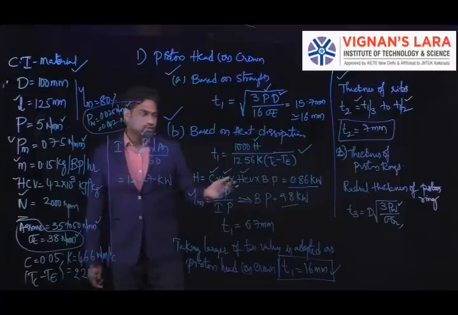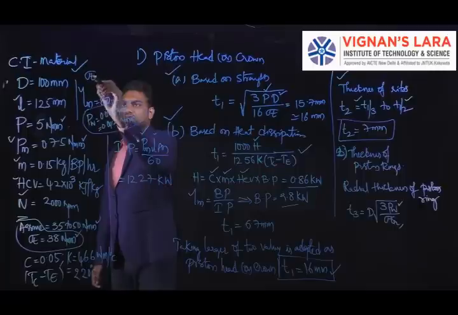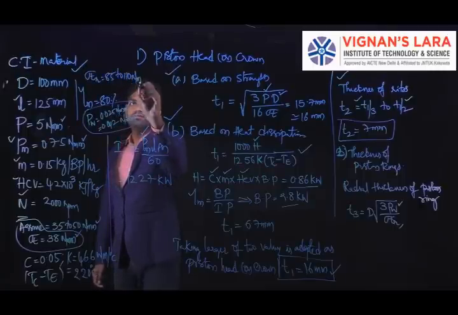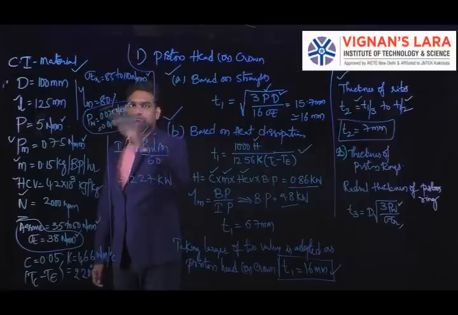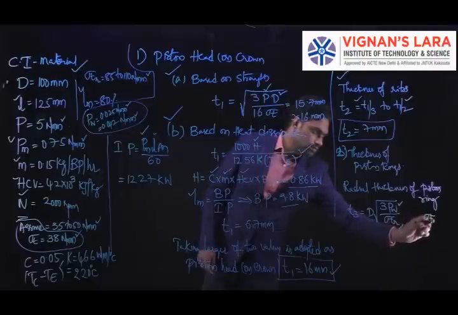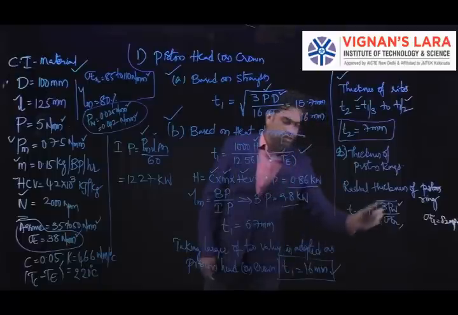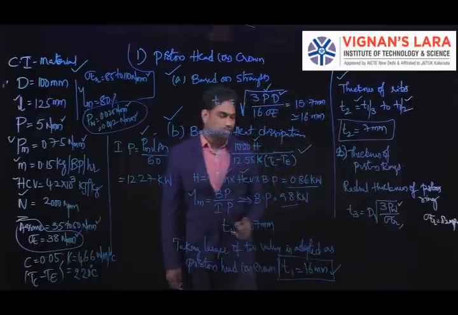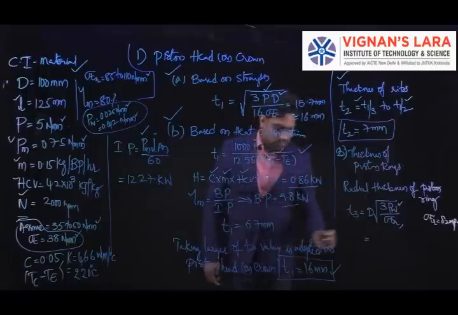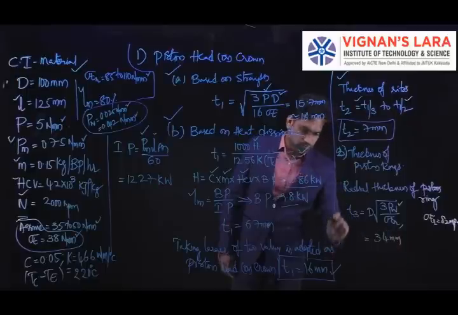For cast iron piston rings, the value of sigma dr ranges from 85 to 110 Newton per mm square. Here I am taking sigma dr as 82 megapascal. You can substitute the value of sigma dr and the pressure acting on the cylinder walls. The cylinder bore is known, so from that you can calculate the radial thickness of the piston rings, and it is given by T3.